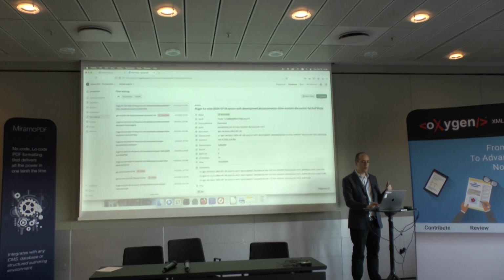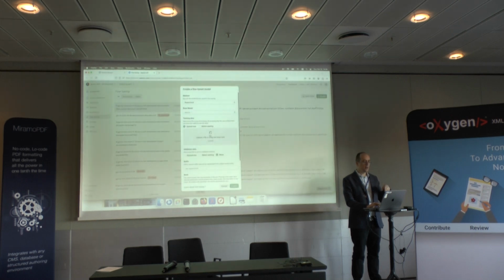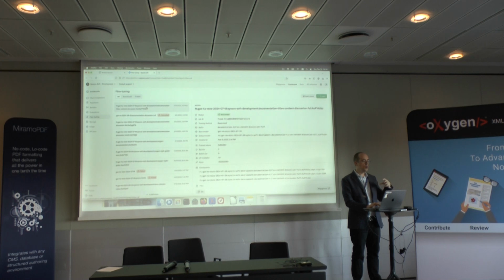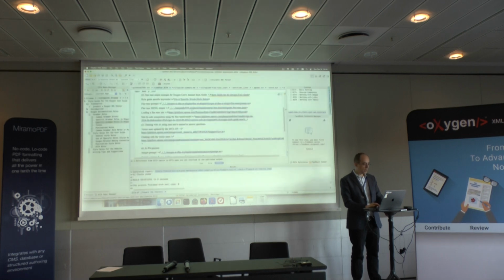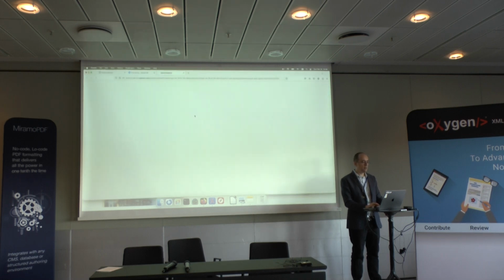So you say create here, and upload your JSON file obtained by the trans type. And then this fine-tune allows the OpenAI to have some basic training for an AI engine specific for your style guide. So then I can compare side by side